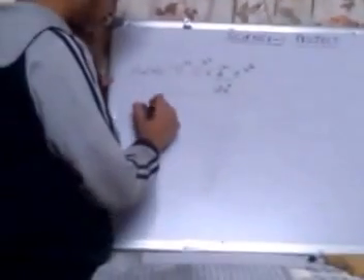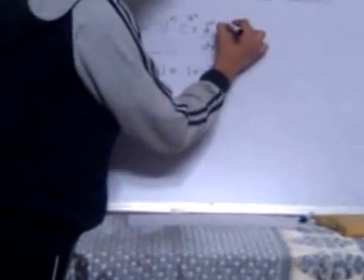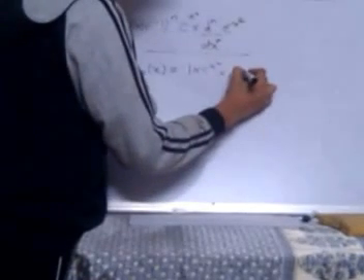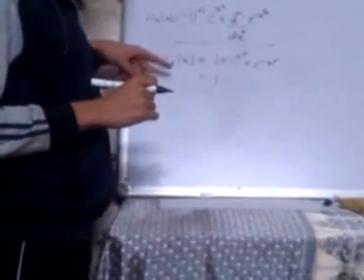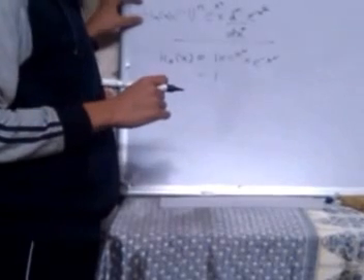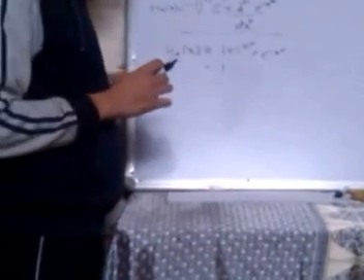Putting n is equal to 0, one multiplied by e raised to power x square into e raised to minus x square, which will cancel, which is equal to 1. So over here we can get the value of H0 of x by putting the value of n is equal to 0 in this equation. We will get the further values by putting n is equal to 1, 2 and further on.